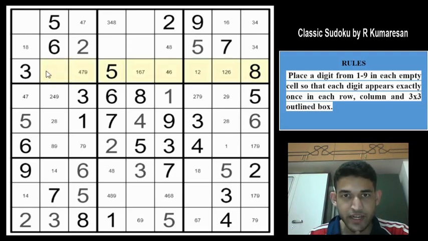We can't have an 8 in row 3, so 8 must go into one of these two cells, right? But that is not giving us any direct elimination. If you look at this cell, it can't be 2, 3, 5, 6, 7 or 8, so it can only be a 1, 4 or a 9. 1, 4, 9, so these three cells must have 2, 8 in between them, which is not giving us any elimination again.